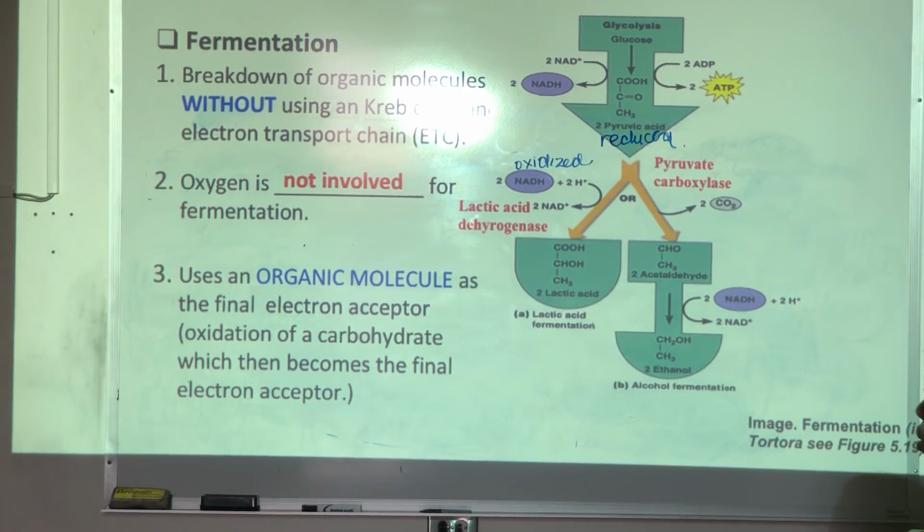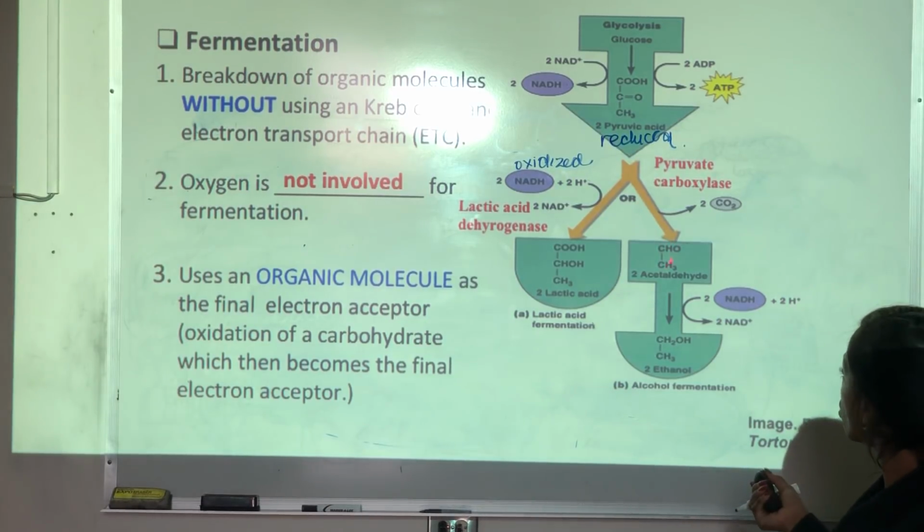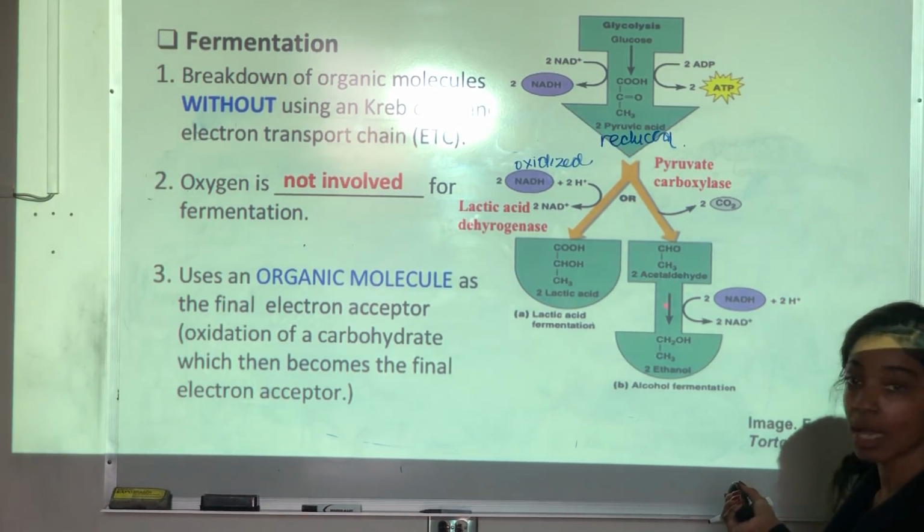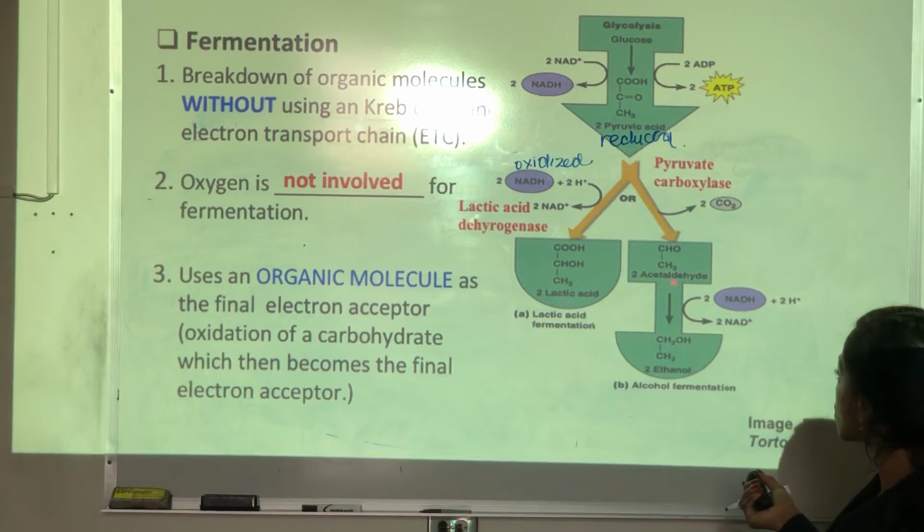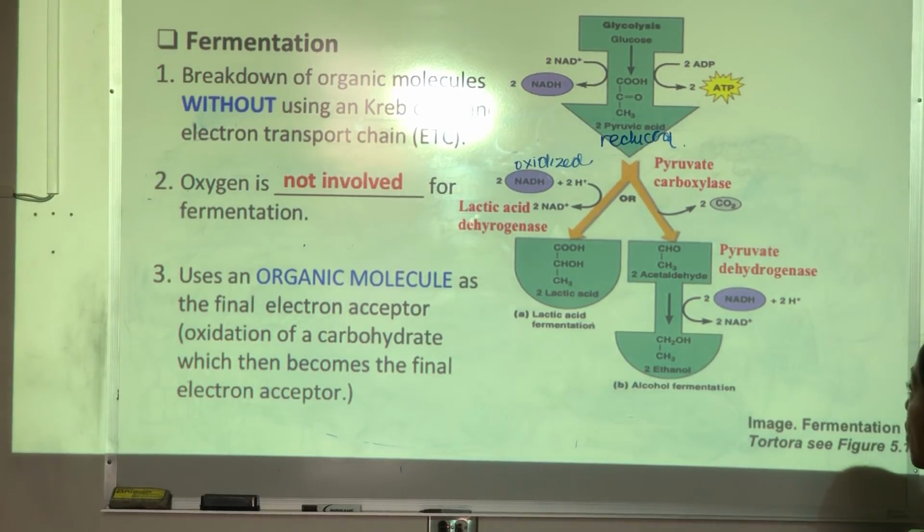Let's say we're talking about making bread, right? We'll see that carbon dioxide can help to make the bread rise. Okay, so once the 2 carbon molecule, we can call this acetaldehyde, is formed, the acetaldehyde is then converted into ethanol by